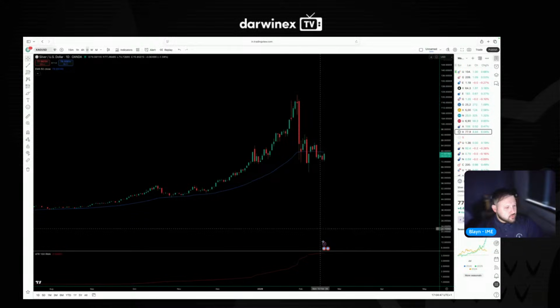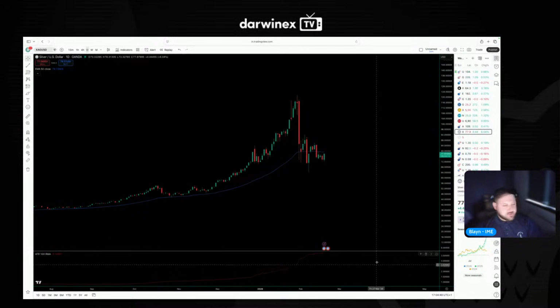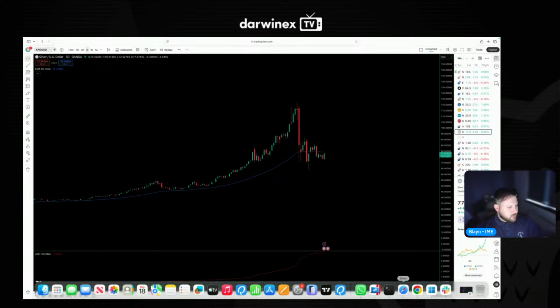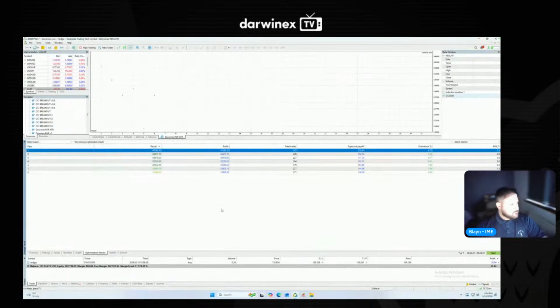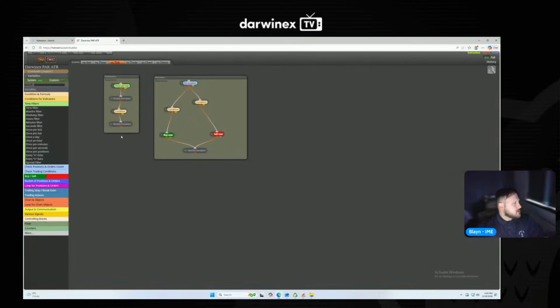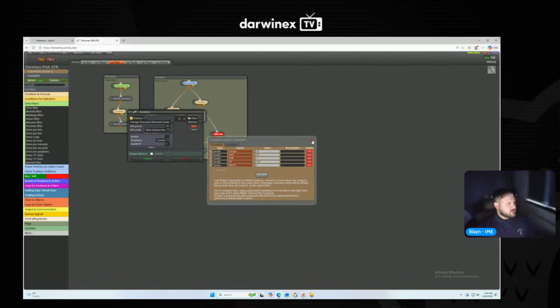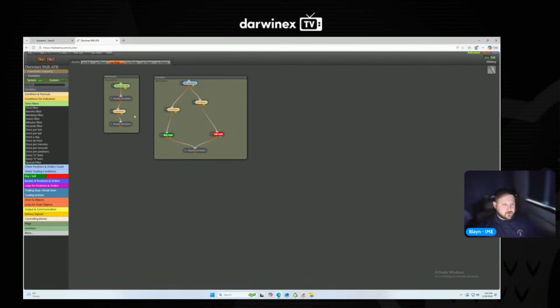I'm going to probably go back on to what we were developing yesterday, which was a strategy. This is what we built in yesterday's live session, and simply it is a breakout of the high or the low of the past 30 bars, and then the ADX value is below whatever the threshold was, which was 40. So when the 15 period ADX is below 40, we're then looking for buys and sells. And we did get positive results on gold.